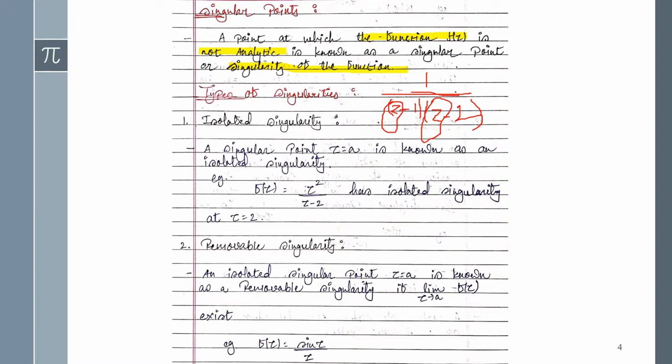Now what is in the definition? If the function f of z is not analytic, that is, in the denominator there won't be any zero, that is, you will get a non-zero function. So if the denominator of the function is non-zero, then and only then we can say that the given function is analytic. I hope you all understood very well what singular points are.